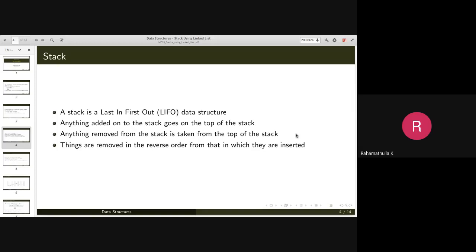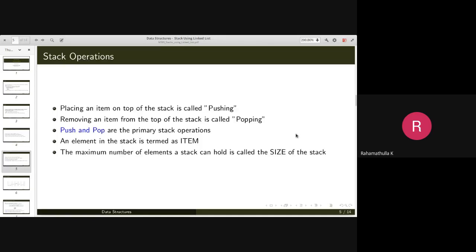Anything you add onto the stack will go onto the top of the stack. If you would like to remove an element, the element that will be removed first will be the topmost element in the stack. So elements are removed in the reverse order from that in which they are inserted.